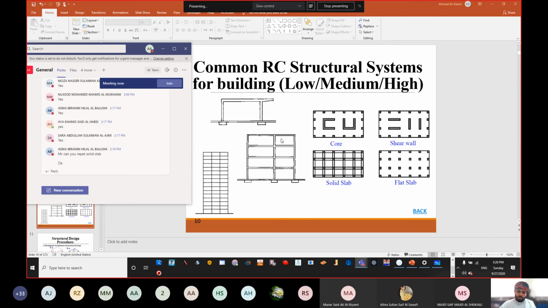Now, when we go more than 3 stories, we don't go for solid slabs separately or flat slabs separately normally. We go for a combination of flat slab or flat slab with a core wall. Are we okay? So once again, for a low-rise building, whenever we are talking about 3 stories and less, most